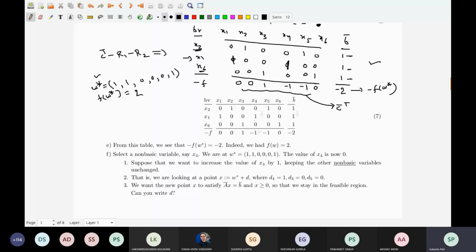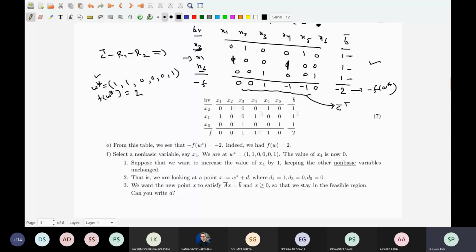Now how do you get it? You don't search abruptly, I mean randomly. The simplex table will give you a direction and will tell you that you travel in that direction as much as possible, and when you travel the maximum possible extent, you will reach a new vertex, and that will be cheaper than this vertex. That may not be minimum, but that will definitely be cheaper than this vertex.